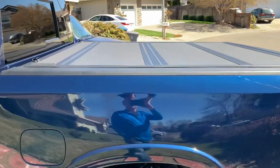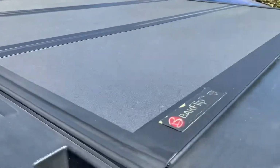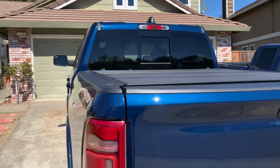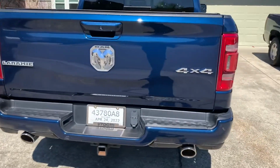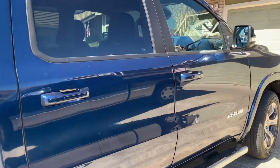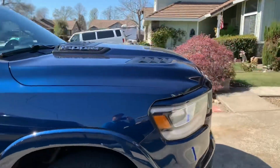It's got a back flip, 3-panel tonneau cover on the back, sliding rear power window on that, and then you've got the back of the truck with the Laramie badging, 4x4, dual exhaust, tow package. What else we got here? Just typical exterior. On the front,